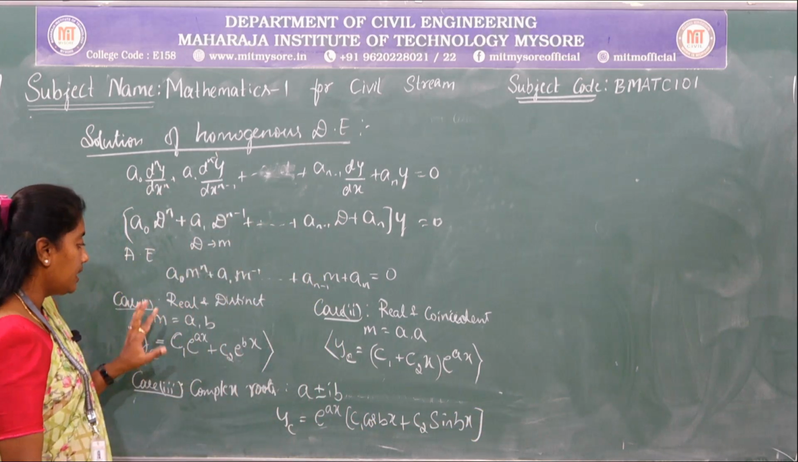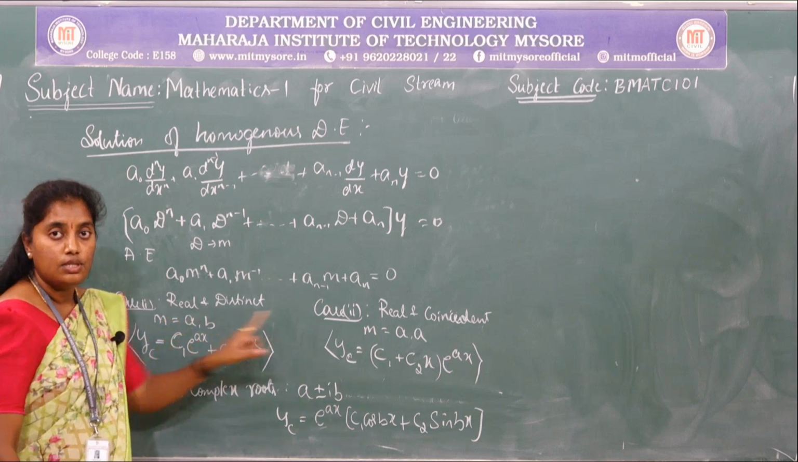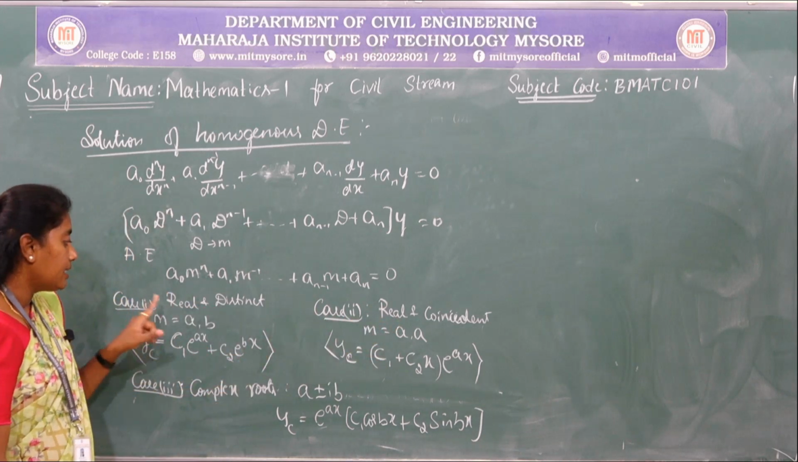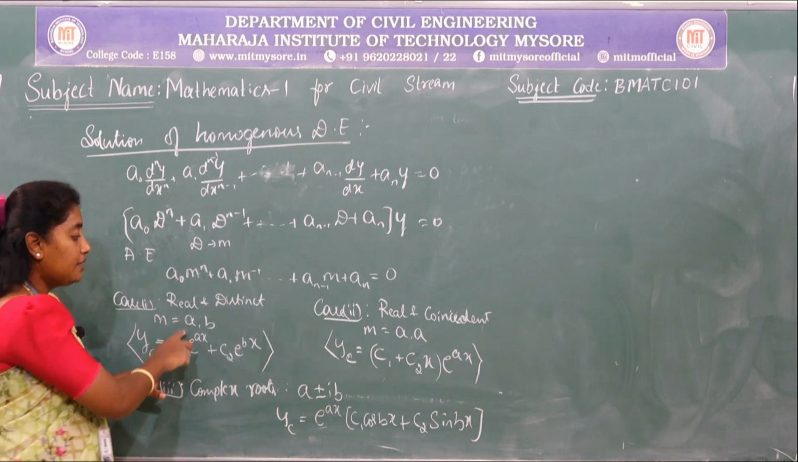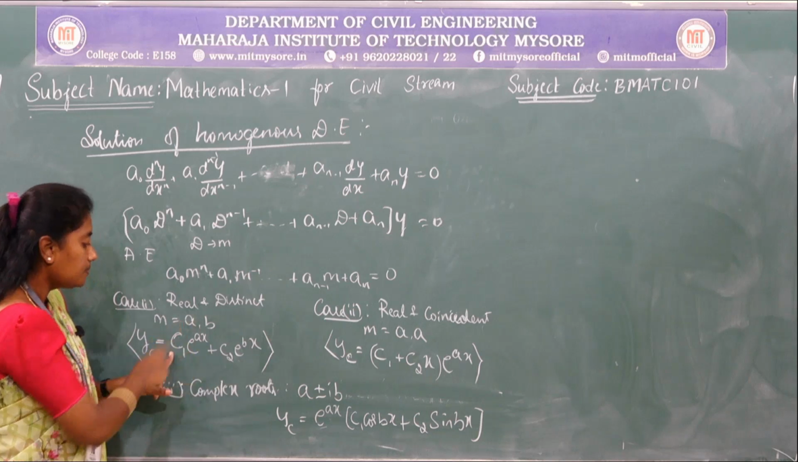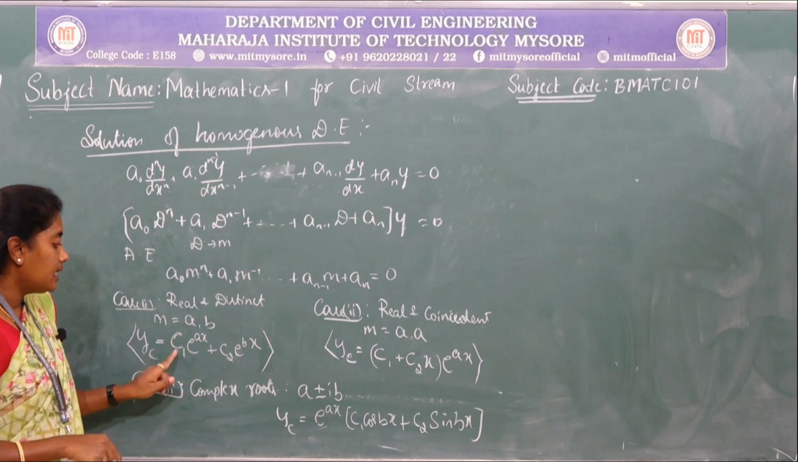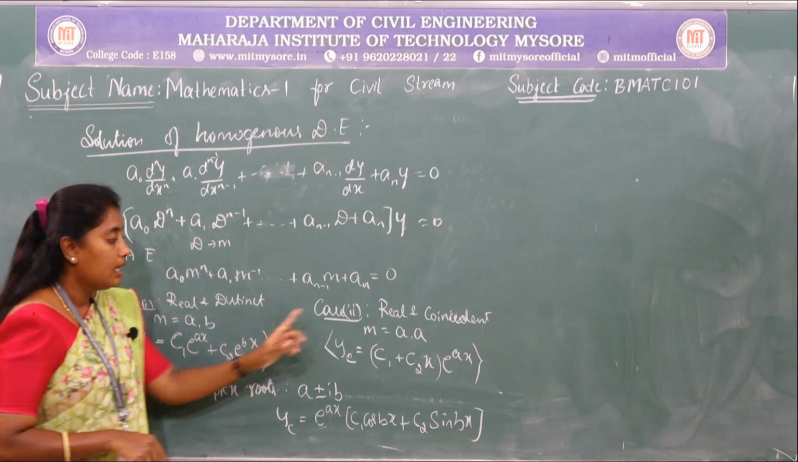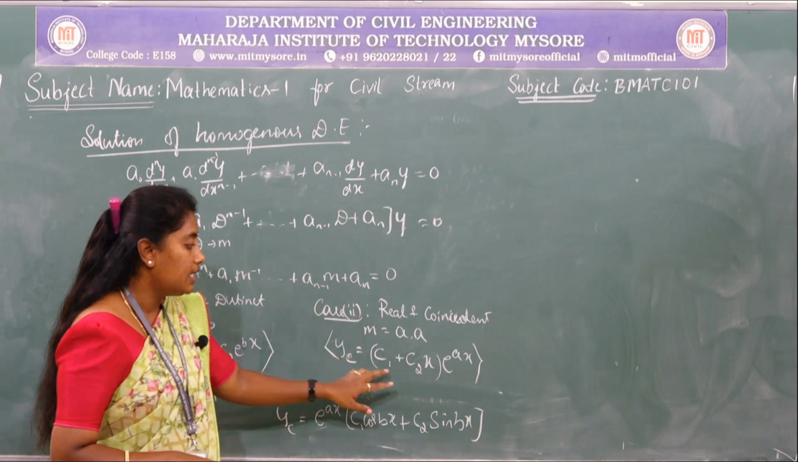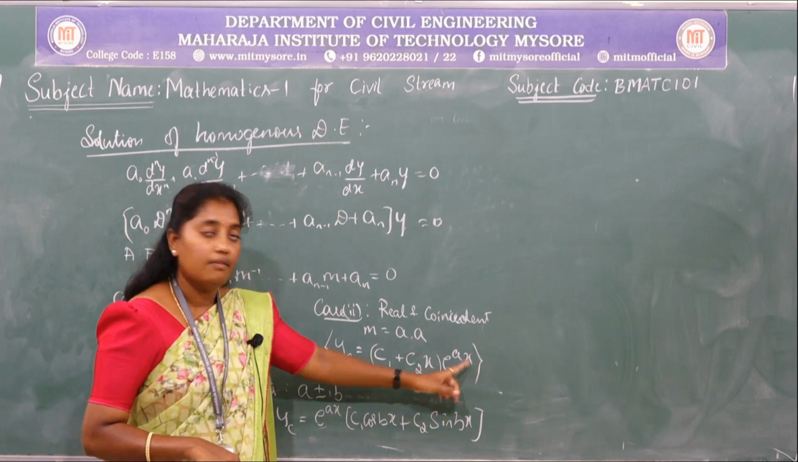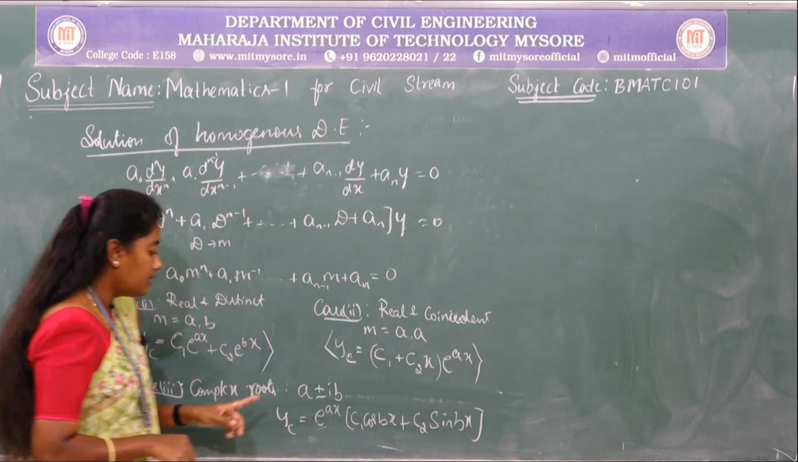So there are totally three cases: real and distinct roots, real and coincident roots, and complex roots. While writing the solution for real and distinct roots, based on the number of roots, we have to select complementary functions. As I have written here, c1 e power ax, c2 e power of the second root bx. If the roots are real and same, c1 plus c2 x into e to the power of ax. While writing for the complex root,